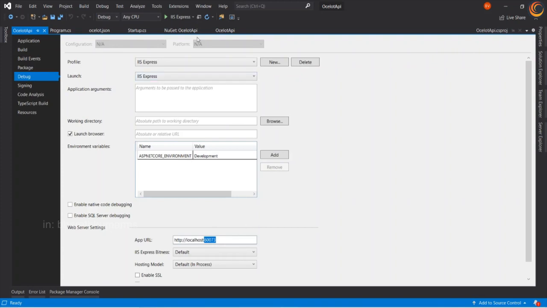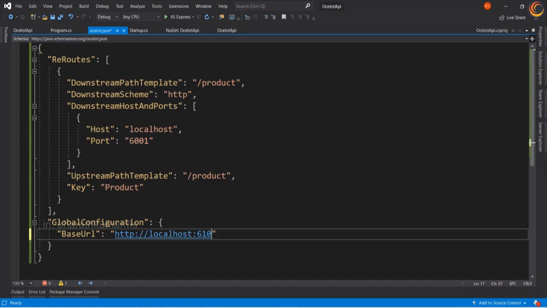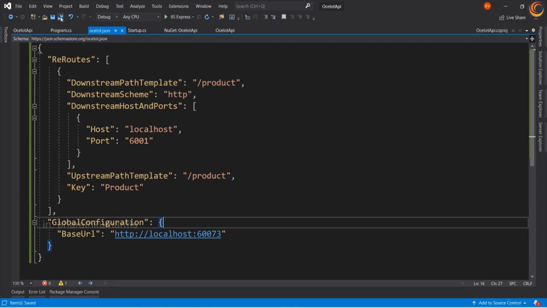Let's copy that and give that in the global configuration. So this acts as the base URL, and when you give the upstream path as /product, it is going to return whatever value that is available in the downstream product API. Let's see it in action.